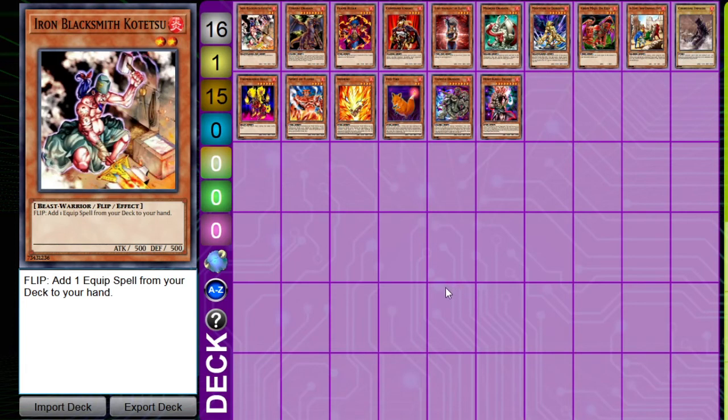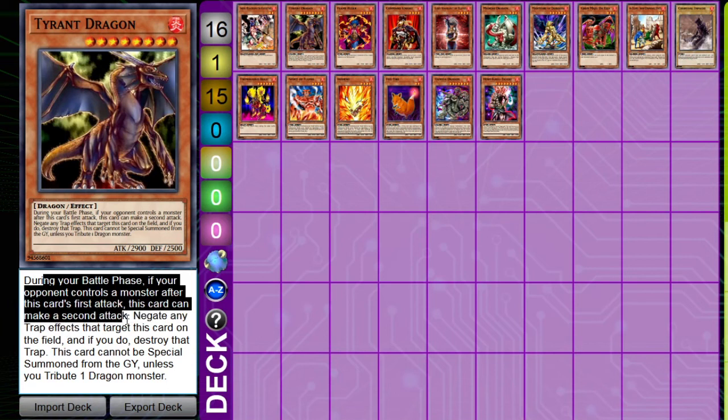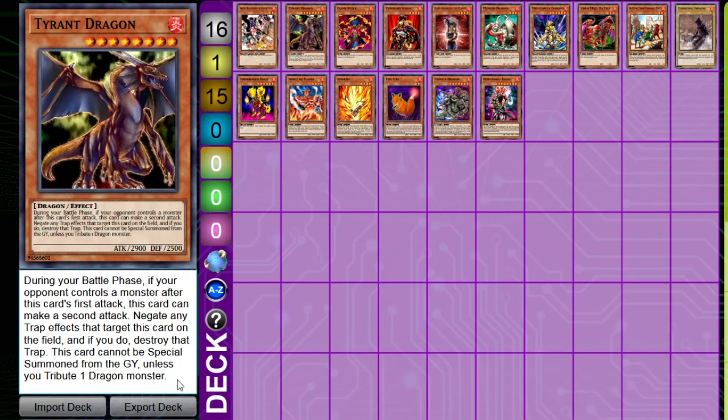The next monster that I would like to highlight is Tyrant Dragon, which is a level 8 Fire Dragon with 2900 attack and 2500 defense, which if it destroys an opponent's monster at battle, it can attack once again in a row, and it negates the effects of trap cards that target it. And as well, unfortunately though, if this card is special summoned from the graveyard, you have to tribute a dragon monster. So its first effect makes it very similar to Black Luster Soldier, and it only has 100 less attack than